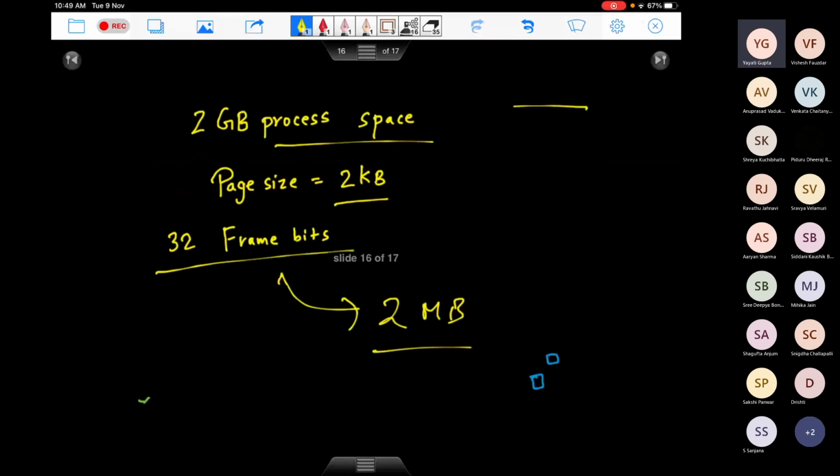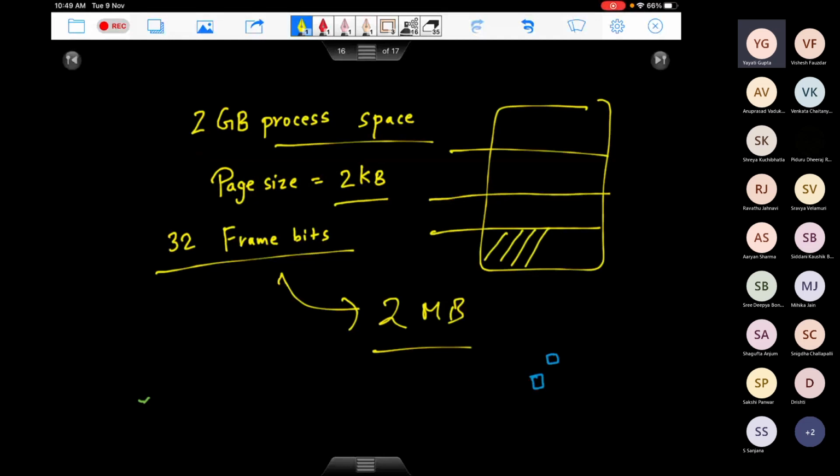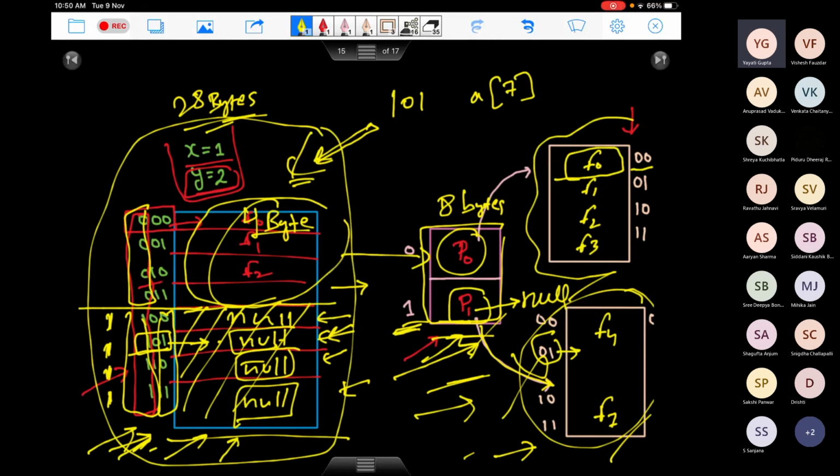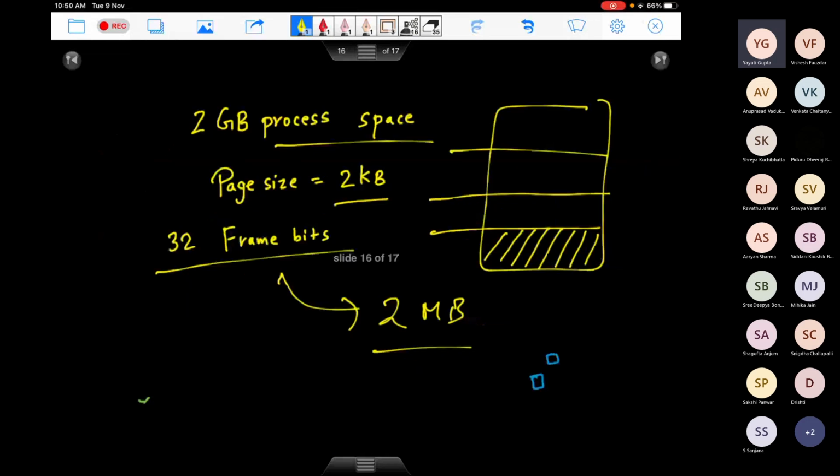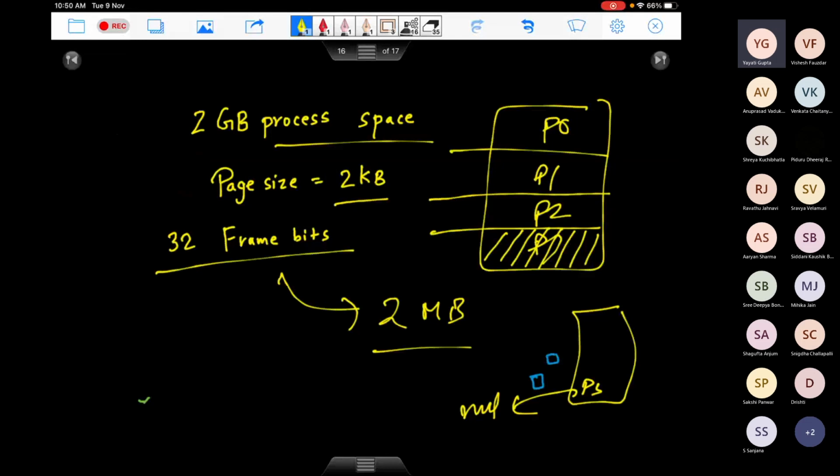Whenever you have a page table, let's say it has several parts, and there is one part which is not mapped anywhere in your physical memory. When you divide this page table, let's say this is part 0, part 1, part 2, part 3. Corresponding to part 3, instead of having a whole array, you can just have a null and save this space. This is generally what is used in our systems instead of segmentation, to save the space corresponding to those virtual addresses which are invalid.